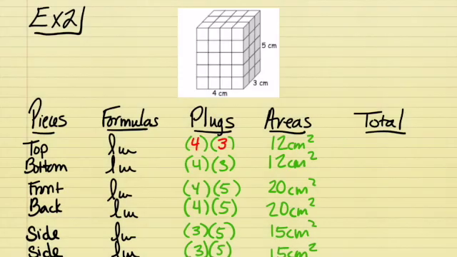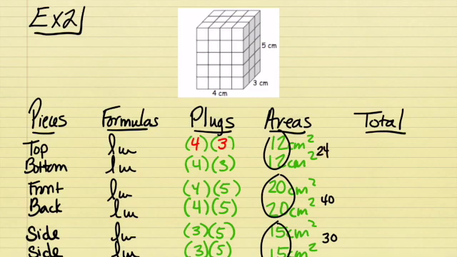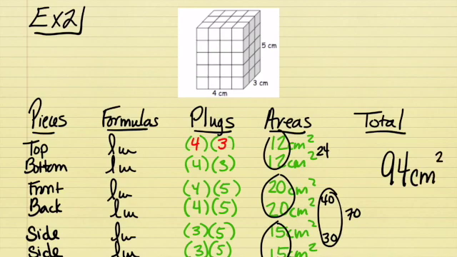And you could use a calculator here to total all these up. I'm not quite sure that you need one because 15 and 15 is 30, 20 and 20 is 40, 12 and 12 is 24, 40 and 30 is 70, and 70 plus 24 is 94 centimeters squared. So that's your total answer. You should have got 94 centimeters squared. If you didn't get that,